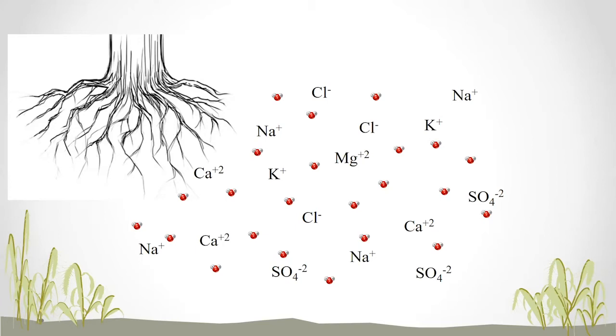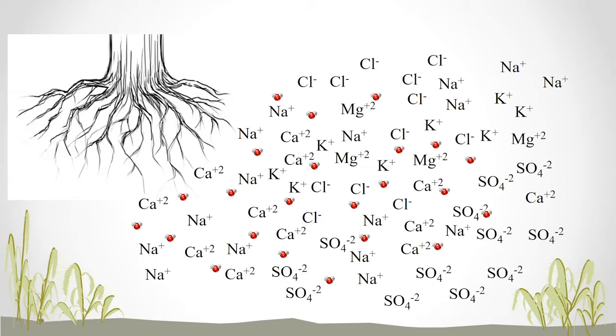It can have delivered to its root surface rather readily both water and nutrient, and then they're taken up simultaneously in the transpiration stream, and the plant can use it. But when we start getting excessive amounts of solute dissolved in the solution, then it becomes harder, not only for the water to move across the root membrane, but for individual elements to come in contact with the root surface as it deals with all of just the gridlock that can happen with the movement and diffusion of various ions